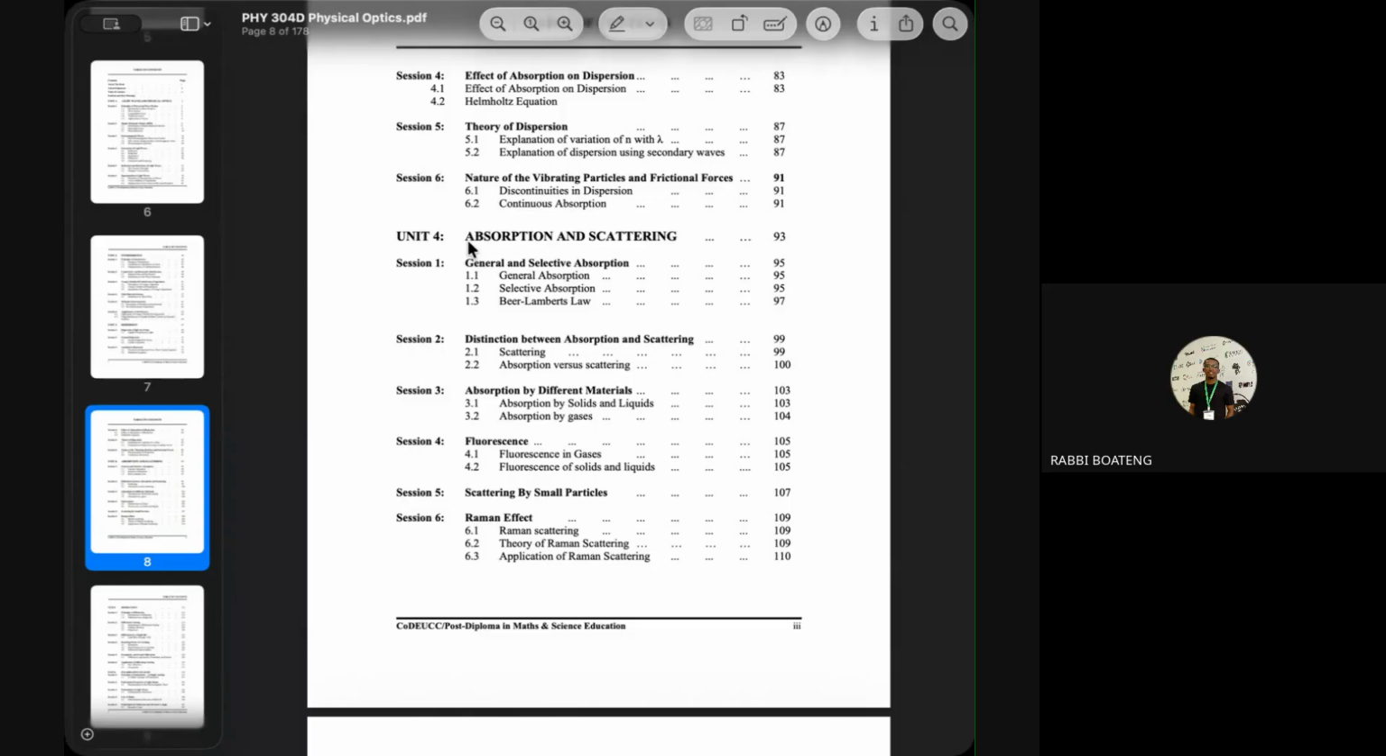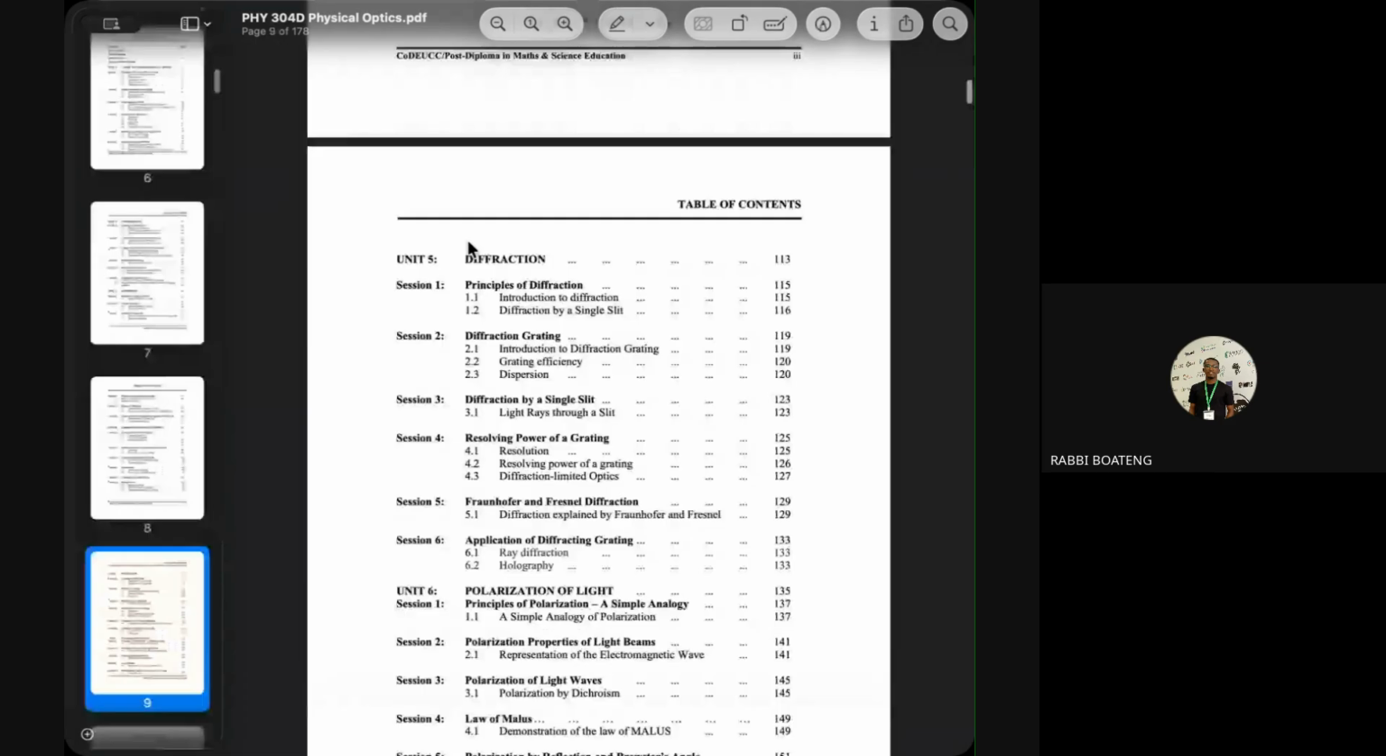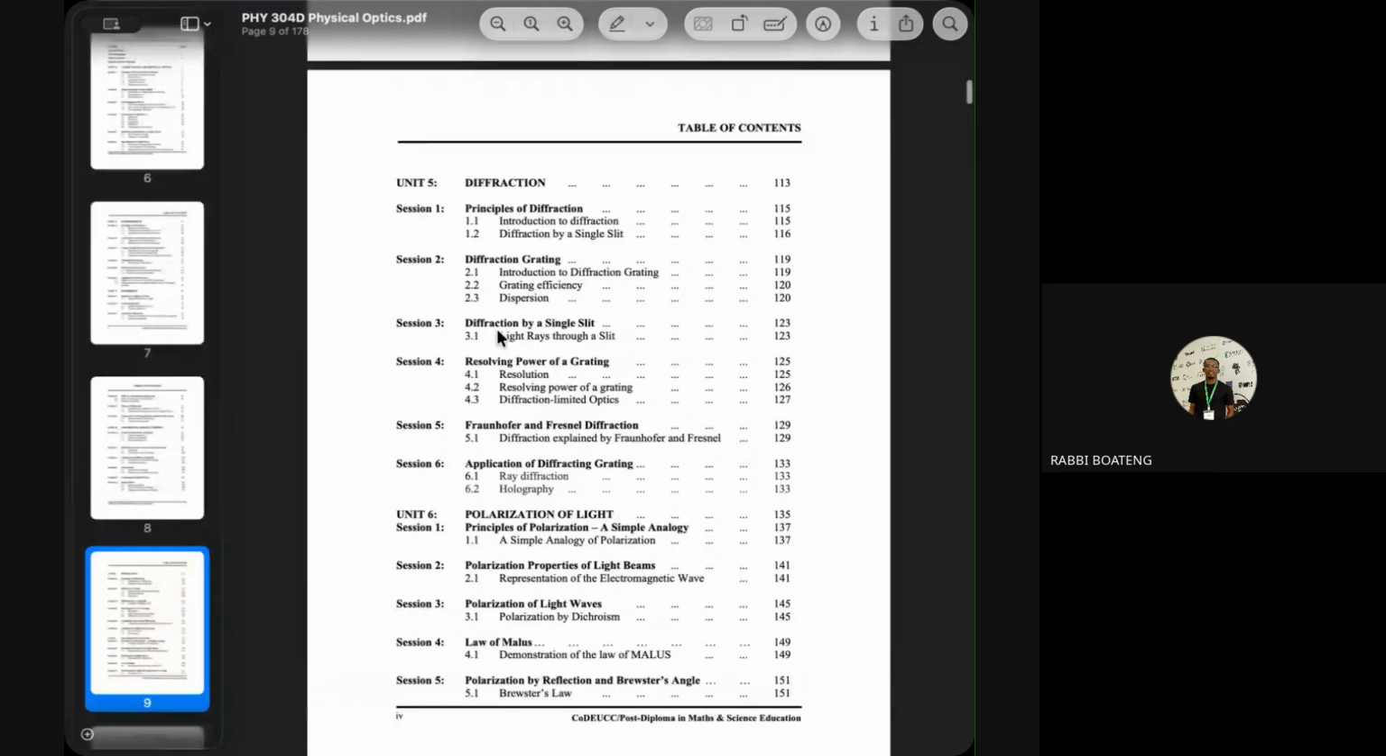General and selective absorption. Then we'll be looking at absorption in different types of materials. And we'll be looking at something very interesting that we use a lot. We call it fluorescence. Then we'll be looking at some of the scattering effects. Then we will jump straight to diffraction, which is another interesting